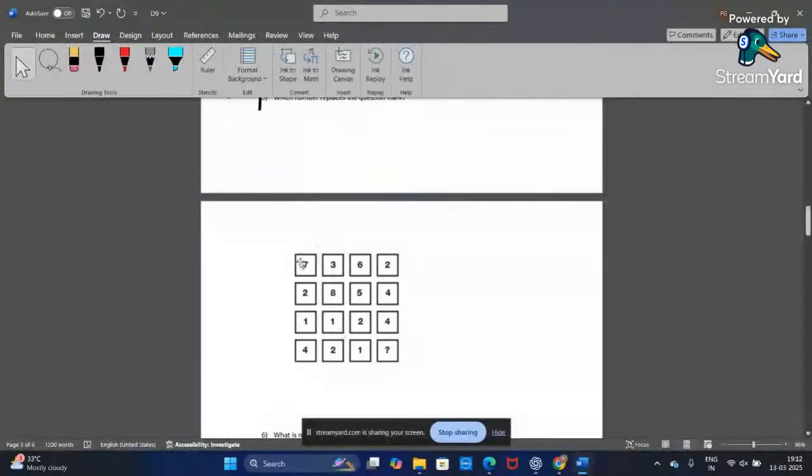How to solve? Analyze. Take time and analyze. See, in this one, 7, let's add and check it out. 7, 2, it is 9, plus 1, it is 10. So when we are adding in column,